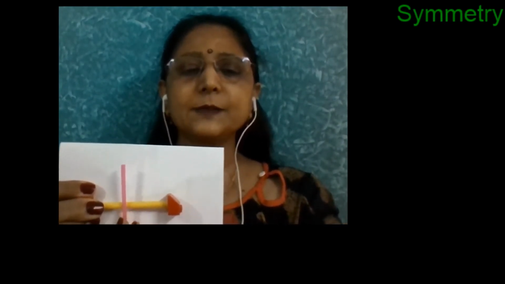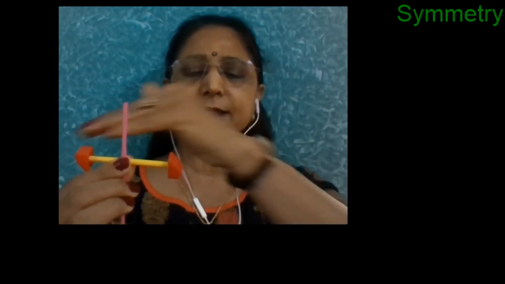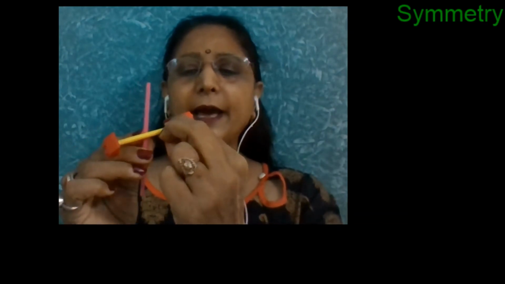So our axis is passing through the center, and if I rotate the object around this axis, observe what is happening. We have this object and we are rotating it along this axis. As I have said, we have to consider a definite angle of rotation. If I keep in mind that this is a linear type of object, then at first it should look like this only. So I have to rotate it at a particular angle, and that particular angle will be 180 degrees. So I am rotating the molecule at 180 degrees along this axis.